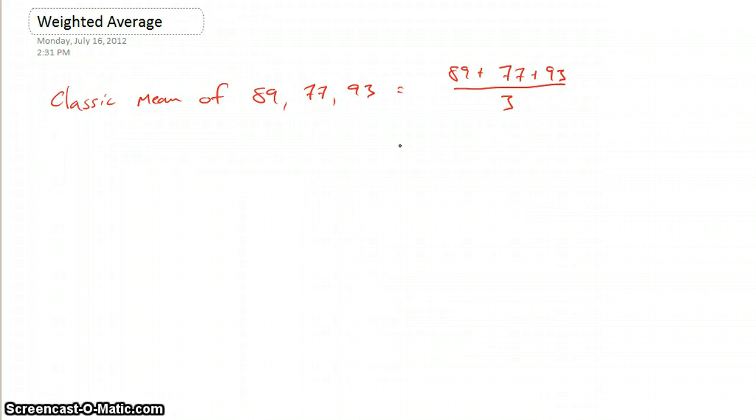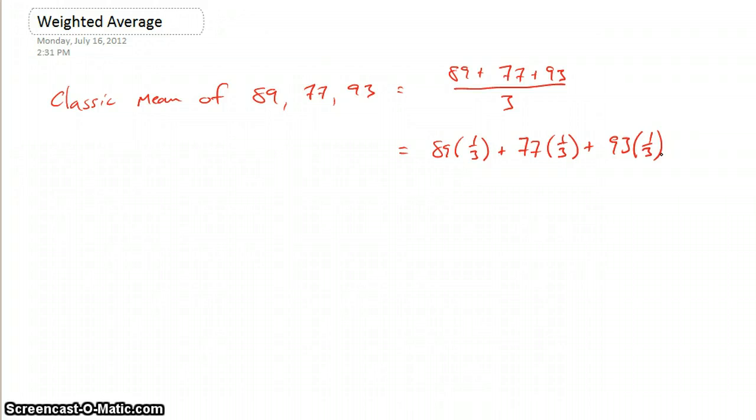And before I compute that, I'm just going to liken that to this expression here. 89 times 1/3 plus 77 times 1/3 plus 93 times 1/3. And what this does is it shows you that each number, 89, 77, and 93, is contributing a third of itself to the sum of these three numbers. And what's worth recognizing here is that the percentage being contributed, in this case 1/3, is equal for each number,